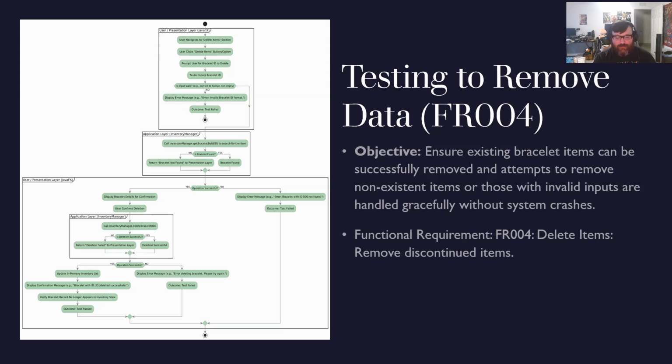Now, this functional requirement is 004, which is delete items. First, the user would go to the delete items button. They would select it. Then it's going to prompt the user to select which bracelet they would like to delete. Then we have another validator here where the tester inputs the bracelet ID to verify it is actually within the system. If not, it says, hey, cannot find this,